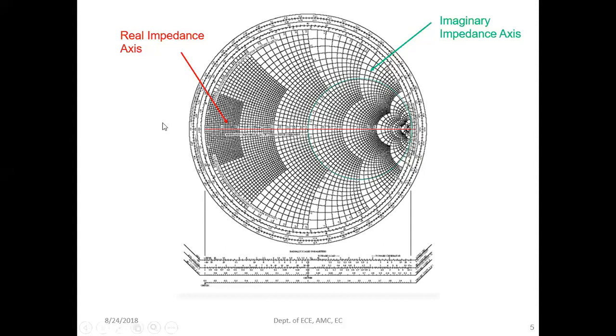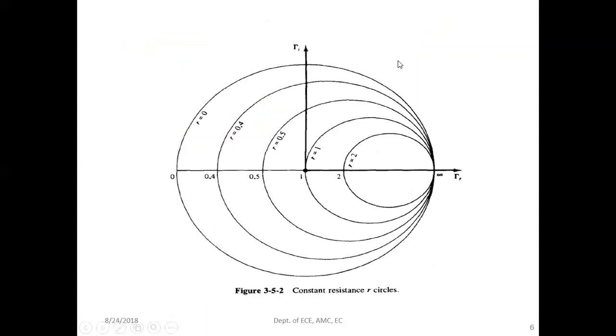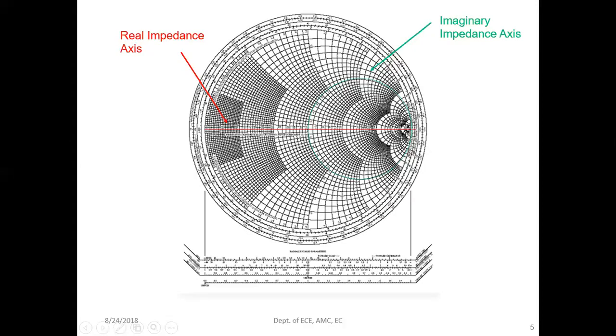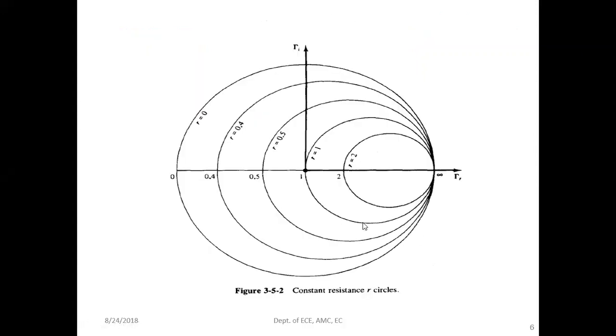Now here you have a center line shown in red color. That line is called the real impedance line, whereas the green color is the imaginary impedance line. To be clearer, comparing these circles, you can see a circle is formed from this point, a continuous circle going around like this. These circles are called constant resistance circles. Only the resistance is there.